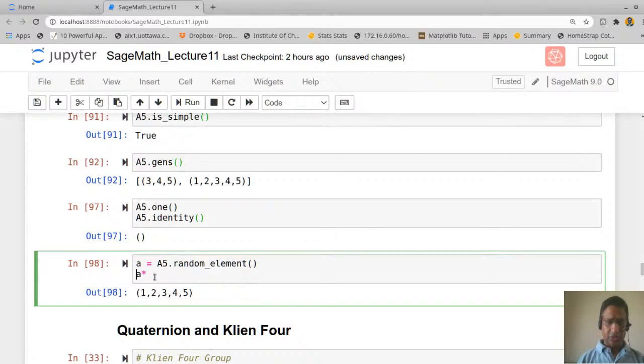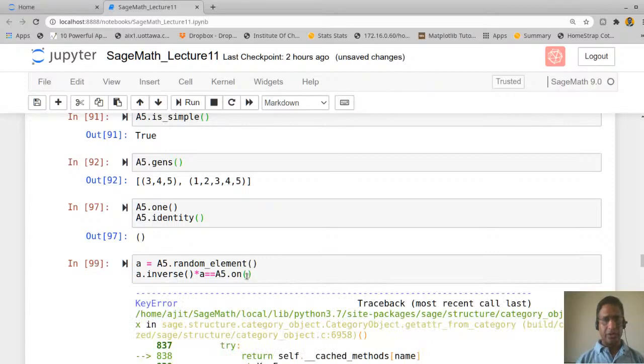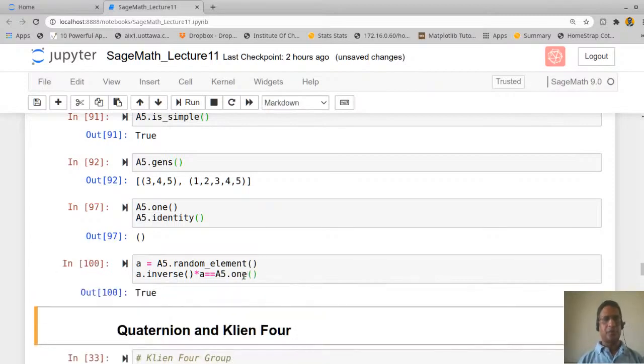The inverse you can write as a dot inverse, or you can write tilde a, both are the same. Is this into this equal to A5 dot 1? Right, so this is true. So a into a inverse is identity, that is what it is checking.